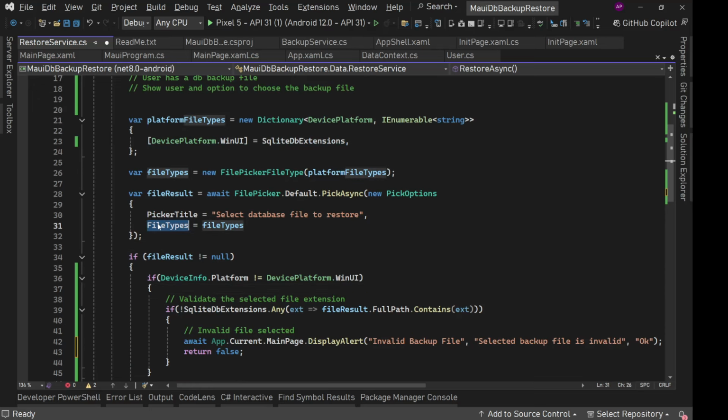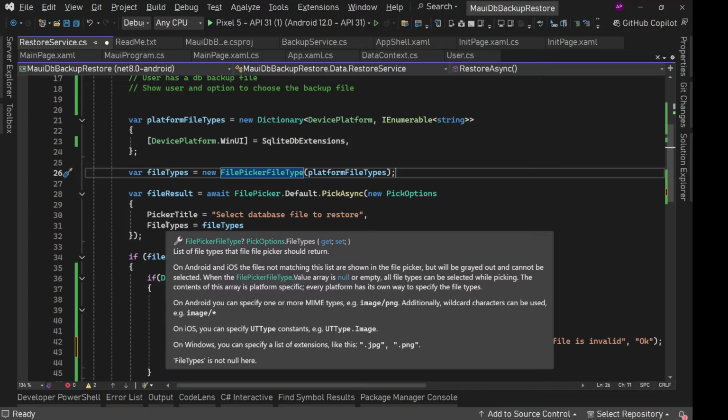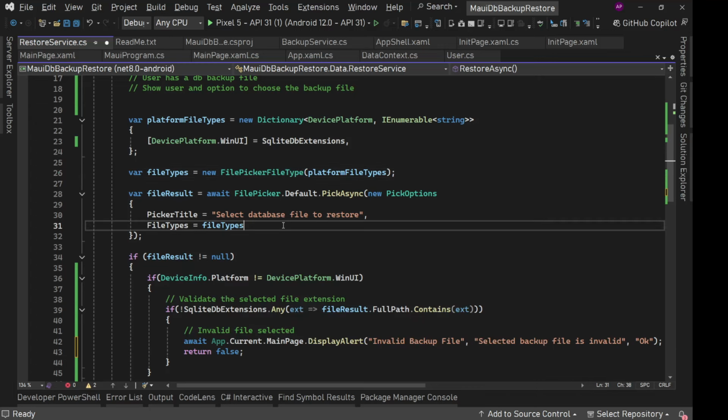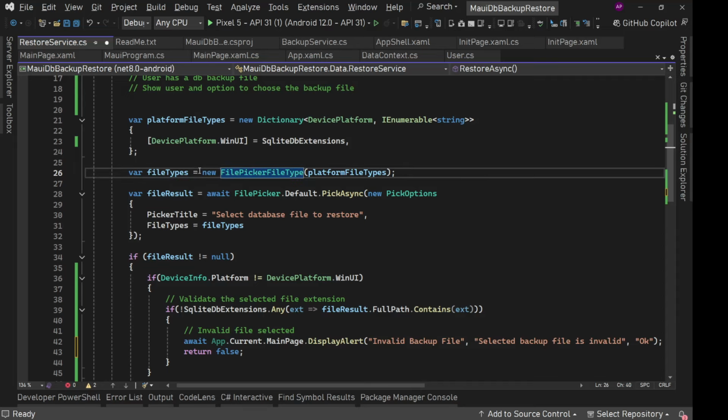Now, for this file type, we need to tell if this is not Windows, then do not use this one. Just use, so this is nullable. So for all other platforms, we should use this nullable. What we can do for this pick options, we have two options. Maybe with this file types, we can have a check here. We'll say this,